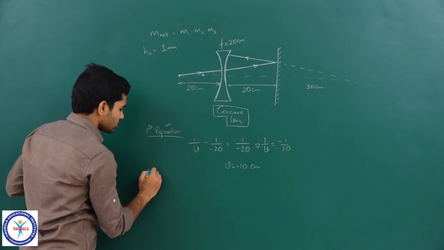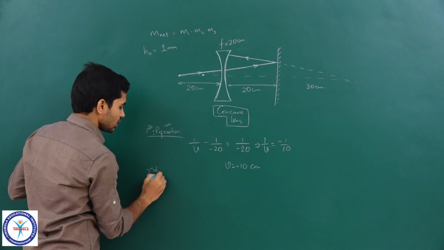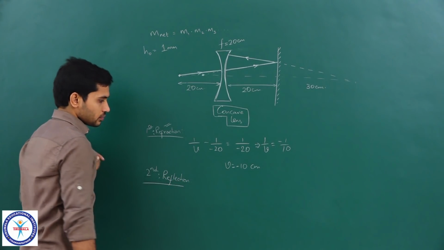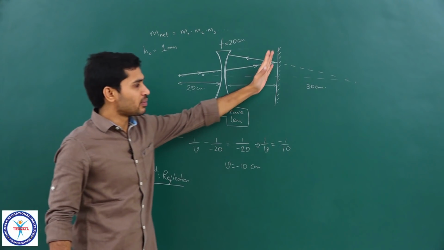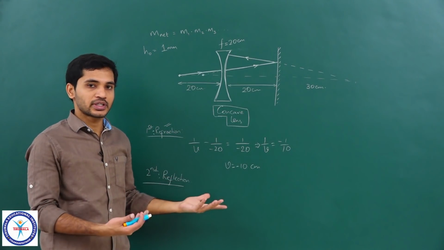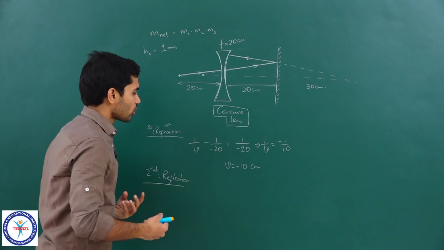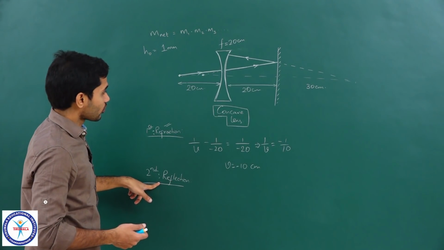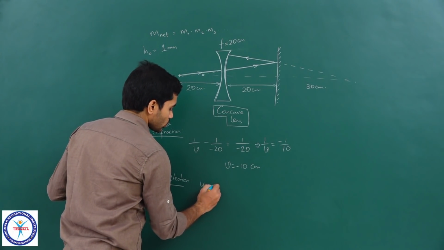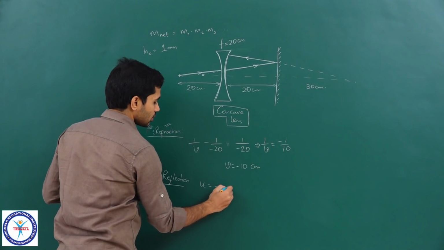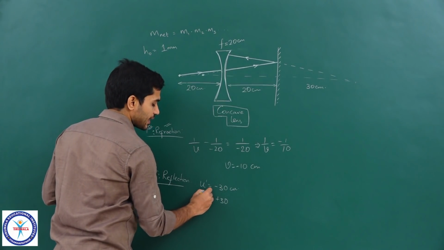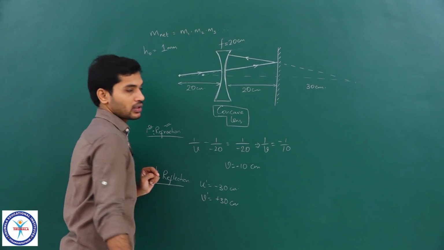If you want to write that, the second thing that is happening here is reflection. Because there are 3, I have taken a simple mirror here, a plane mirror. If there is a concave mirror or a convex mirror, you write the mirror formula for that, you know that, right. So, this is not something which is new to you. Okay. So, where was I? Plane mirror, right. So, second, reflection, and for this the object distance will be minus 30, which means image distance for that would be plus 30. If you want, you can put a dash, because they are all intermediate objects and images.